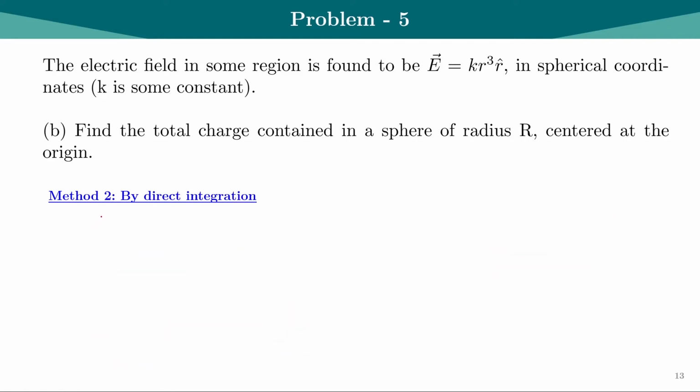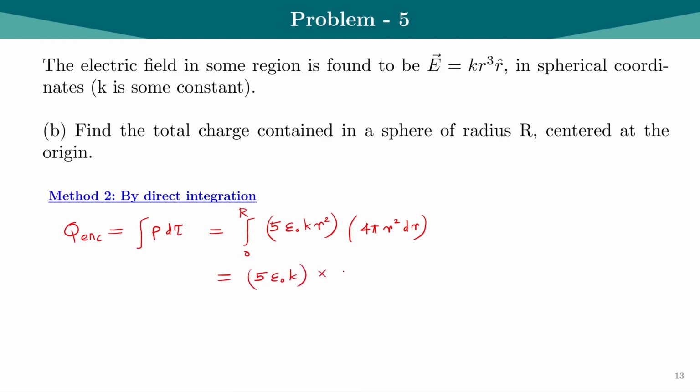We can also solve this problem by direct integration. In that case, we have Q enclosed given by rho times d tau. This is equal to the integral from 0 to r of 5 epsilon 0 K R squared, which we found from the first part of this problem, and then d tau is given by 4 pi R squared dr. This is equal to 5 epsilon 0 times K times 4 pi